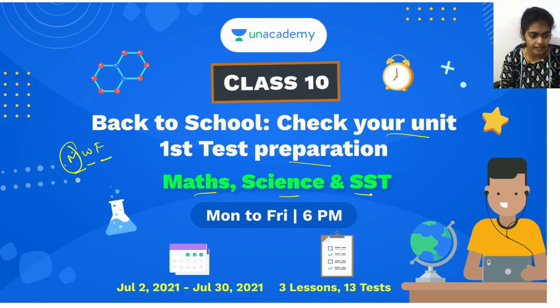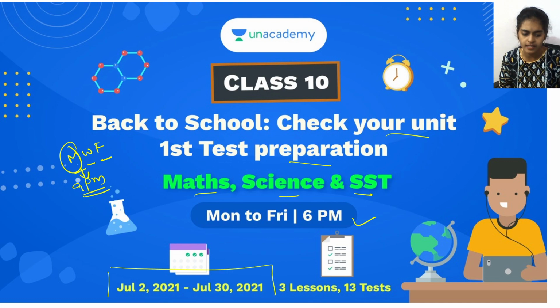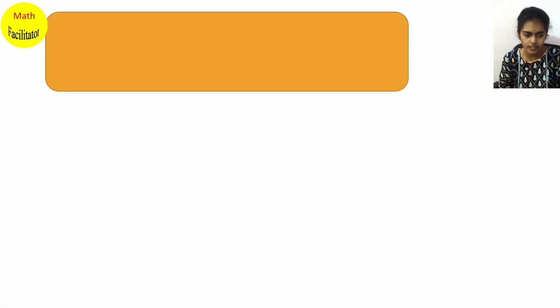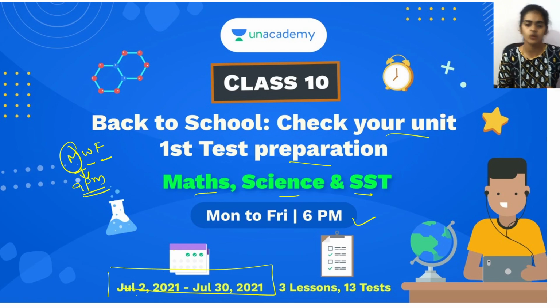And Monday, I told you after the test we'll have analysis class. Monday class 10 and analysis class I will be taking. Okay, 9 p.m. So you can attempt the test at 6 p.m. and attend the analysis class at 9 p.m. So that whatever mistakes you are doing, we can analyze and you will not repeat the same mistakes again. So this is July 2nd 2021. So don't miss out to attempt these tests.